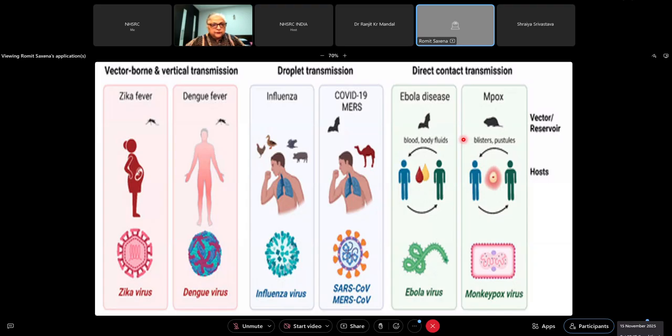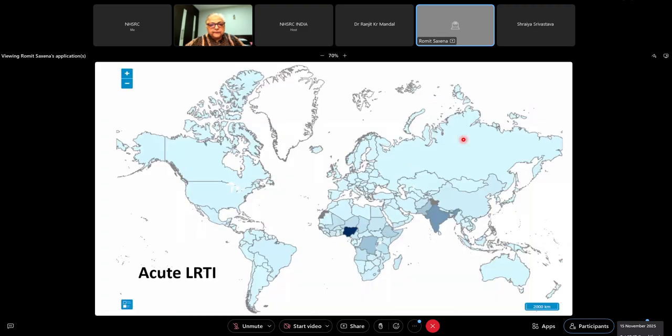We have examples like dengue fever, which is vector-borne, and droplet-borne infections like influenza. I'm sure all of you are seeing so many cough, cold, coryza in your OPDs right now. And obviously, there can be skin and germ contact precautions like monkeypox, chickenpox, all these illnesses. I'm going to emphasize more on the pediatric aspect because we are seeing a lot of pediatric upsurge in viral infections nowadays.